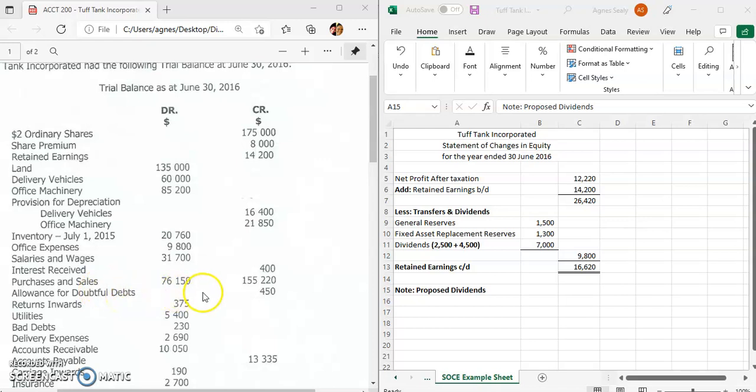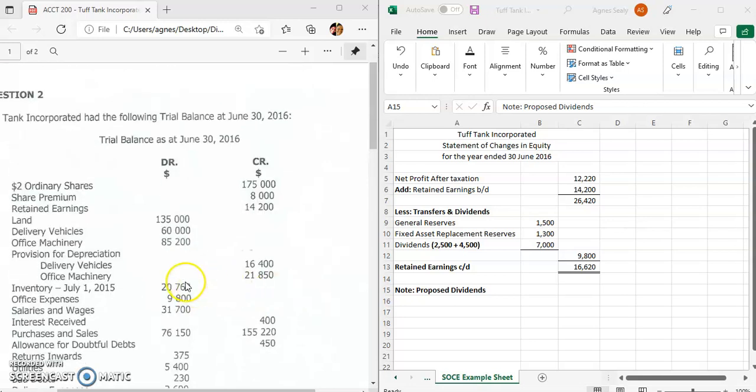Welcome back once again to the topic of published accounts. In our previous video we looked at how we would prepare a statement of changes in equity, more specifically looking at how our retained earnings would have changed. Then we put some fictitious numbers here for our appropriations or our transfers. I would have come up with the total amount that would have been appropriated out of the profit, and then that would have given us our new profit to carry forward